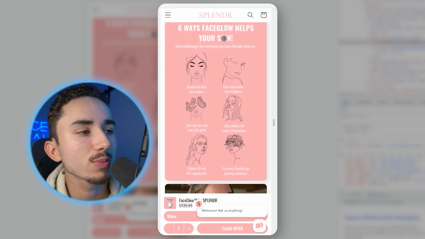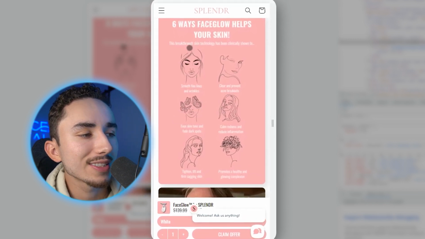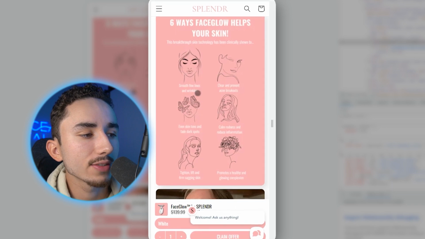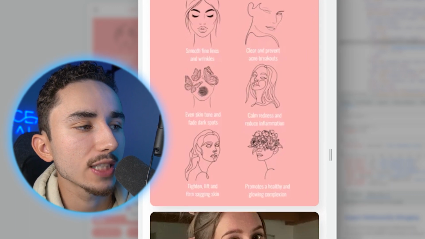Now, the final one, 6 ways face glow helps your skin. I would honestly get rid of that and just have a graphic where you crop this text out of the way, and it's just the different models. And you have text here, which is nearly impossible to read unless you're a 20/20 vision baseball expert like I